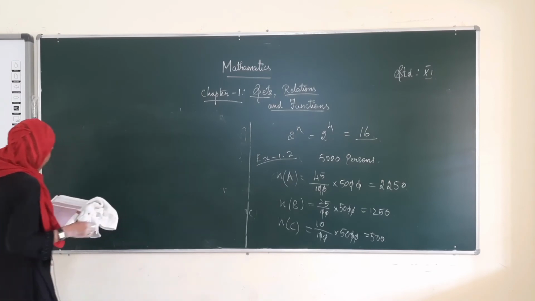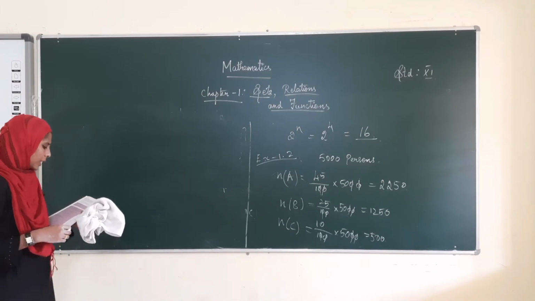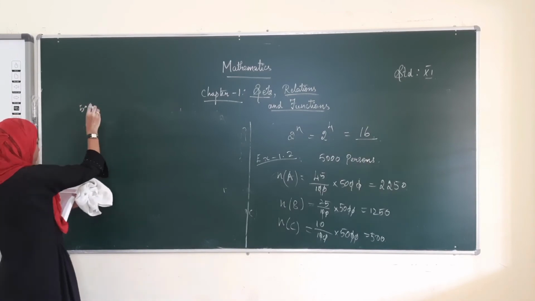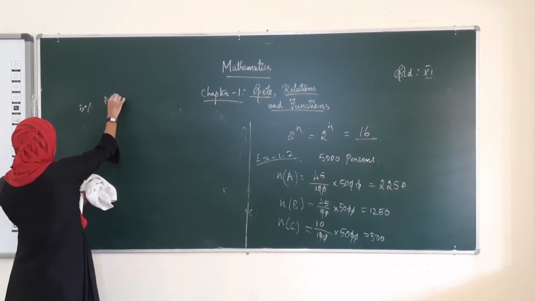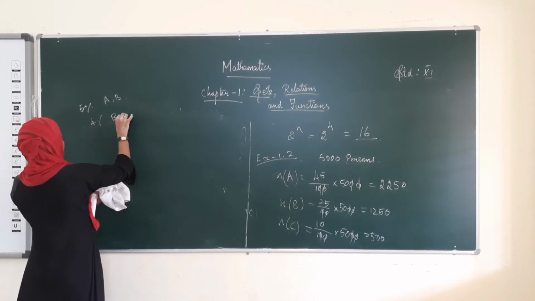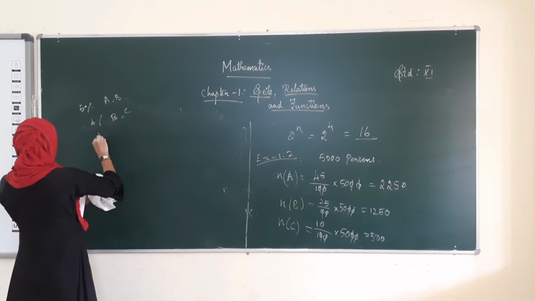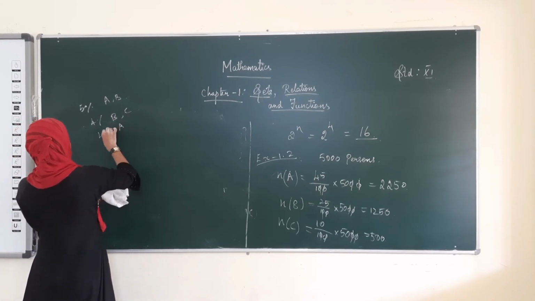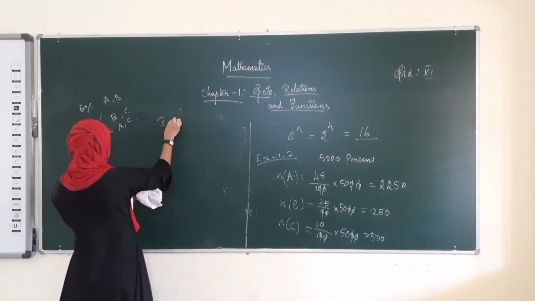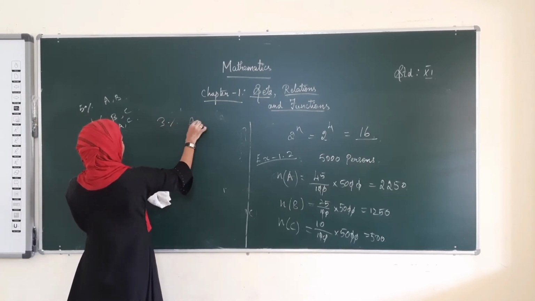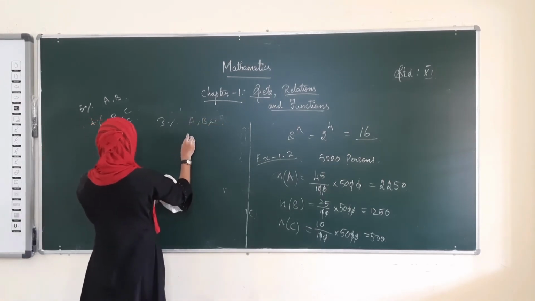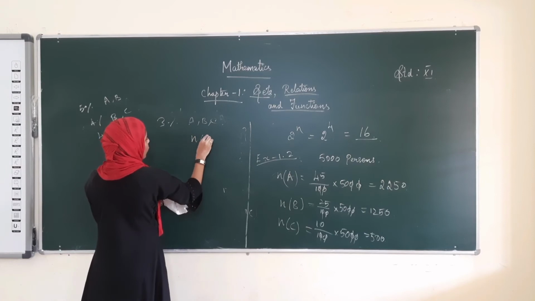Okay, next one is what they have given. 5% know both language A and B. Then 4% know both language B and C. And then 4% know both language A and C. 3% persons know all the languages, that is A, B and C. What we have to find is the number of persons who speak only A.